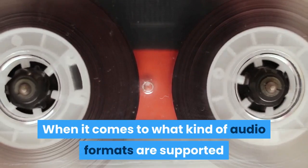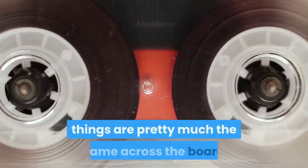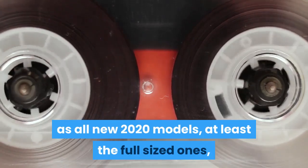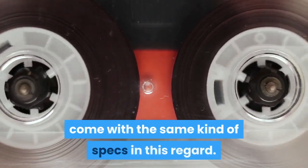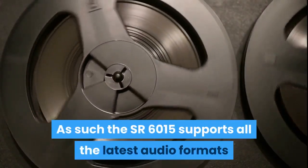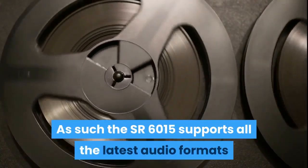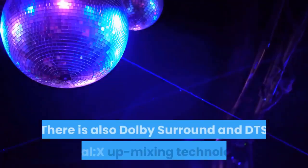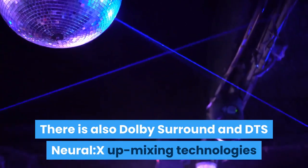Audio quality. When it comes to what kind of audio formats are supported, things are pretty much the same across the board as all new 2020 models. At least the full-sized ones come with the same kind of specs in this regard. As such, the SR6015 supports all the latest audio formats like Dolby Atmos and DTS X. There is also Dolby Surround and DTS Neural X up-mixing technologies that can up-mix simple stereo audio tracks into full